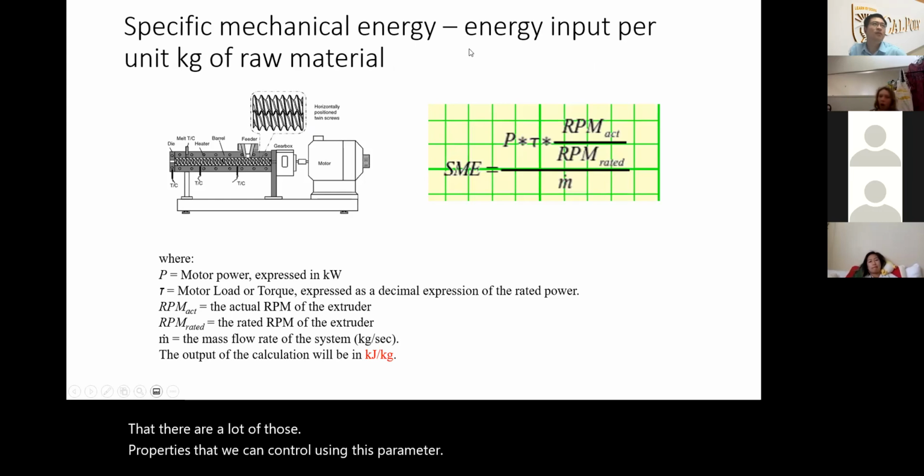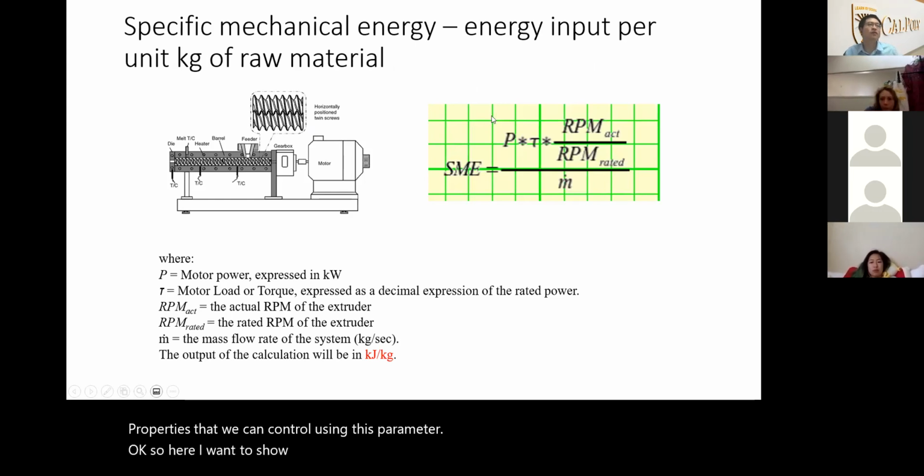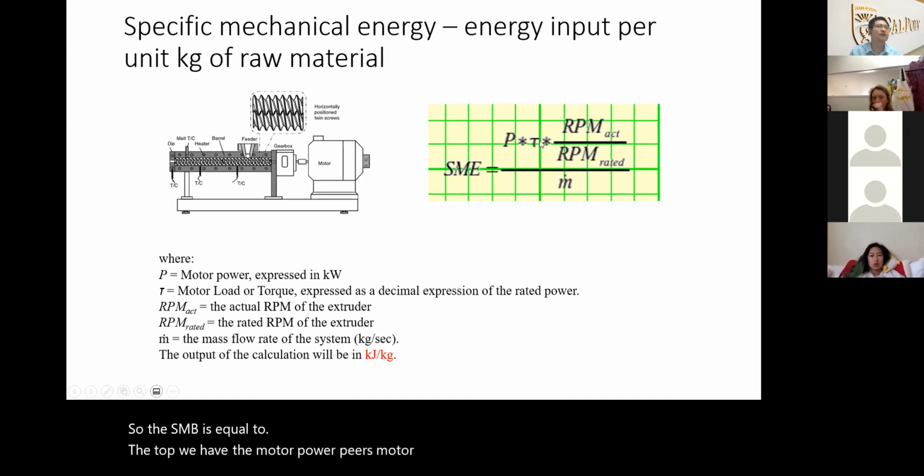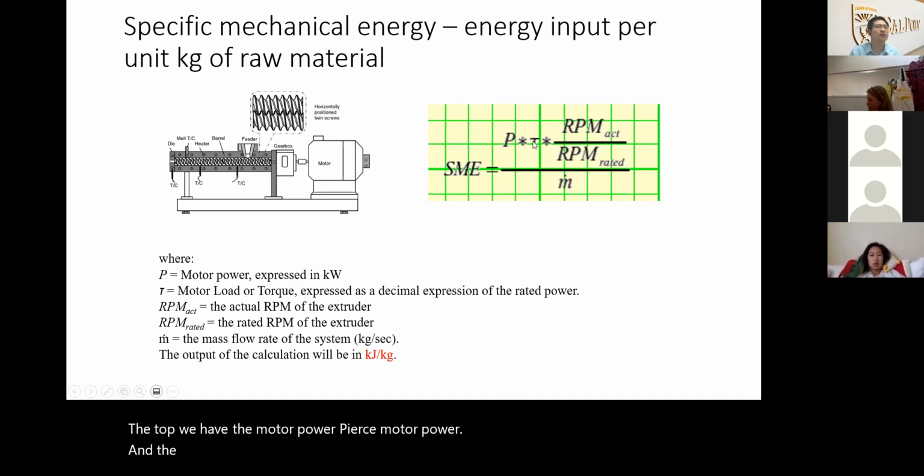Okay, so here I want to show you the equation for the SME calculation. The SME is equal to, on the top, the motor power. P is the motor power, and gamma is the torque. The torque is actually the percentage of the resistance that